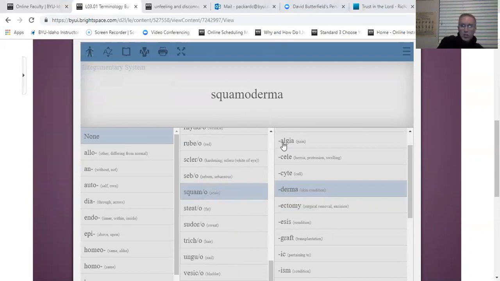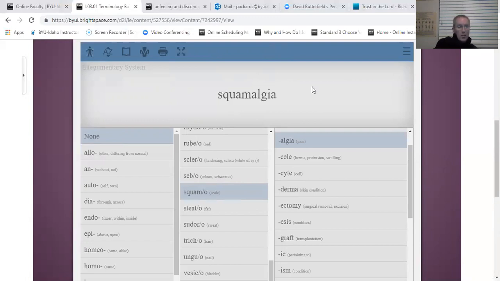That vowel sound will change to short. So in this case, if we have squamoderma, right, and instead of derma, we put algia on there, which is kind of a made-up word, the pronunciation will be squamalgia. Okay, and algia is a suffix meaning pain,